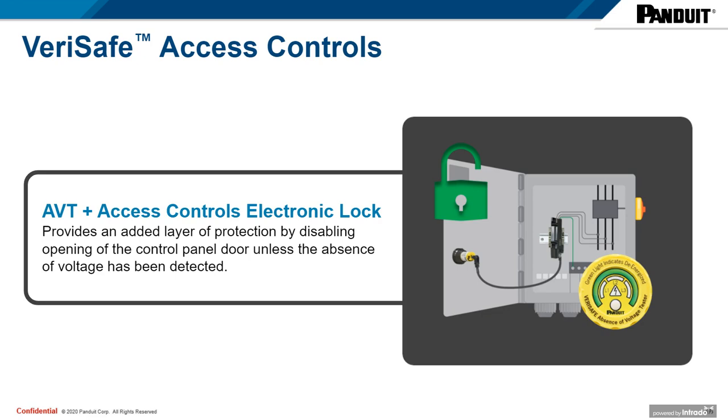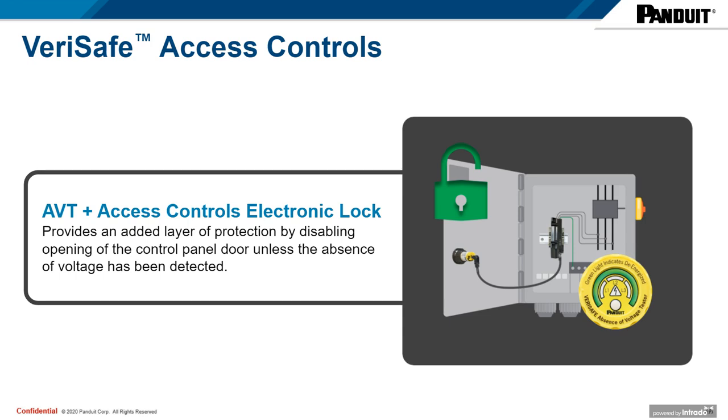The ABT is also capable of communicating with other components, for instance, an electronic lock. There are output contacts on the device itself, on the isolation module that's mounted inside the enclosure. And these output contacts are also within the scope of the functional safety rating of the VeriSafe device. And they change state when the absence of voltage condition is confirmed. These output contacts can be used to interface with the Panduit electrical lock assembly or other devices to lock or